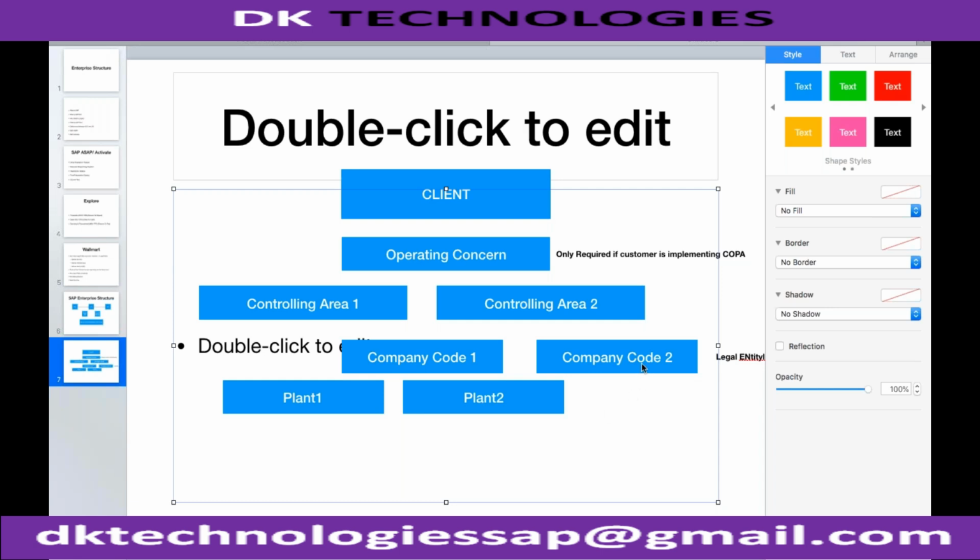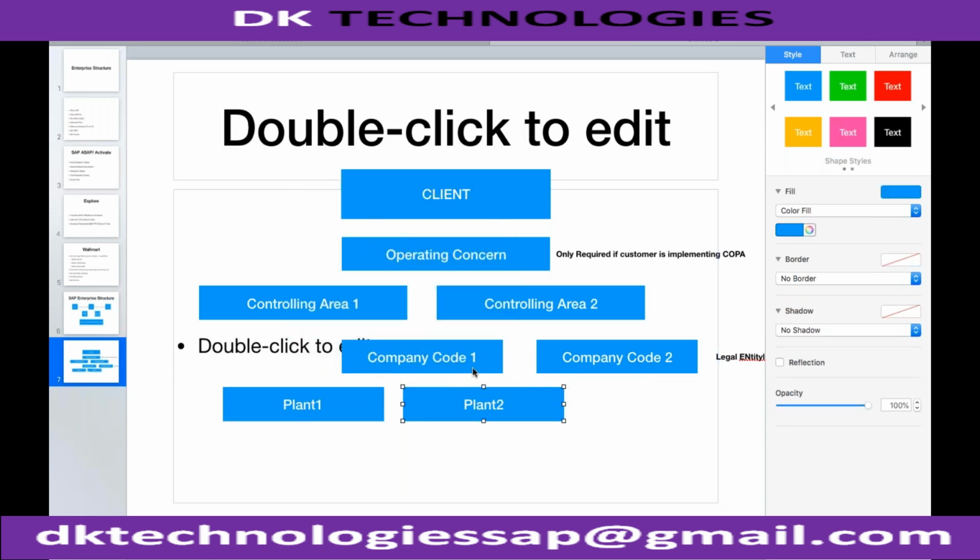But that is not being used that much currently, because for group reporting SAP uses a separate module called SAP BPC, Business Planning and Consolidation. Yeah, we will talk about that also within finance. As of now, I just want to give you the overview. So we will not go into that much detail from the group reporting point of view, but within finance we will try to understand the group reporting concept also. Fair enough.